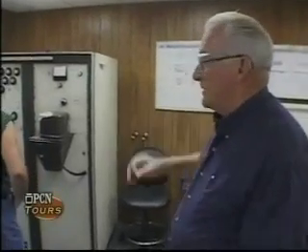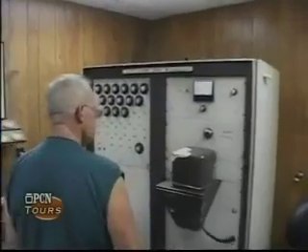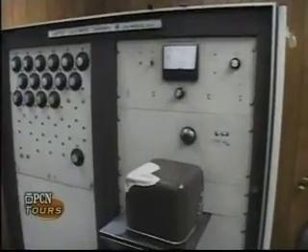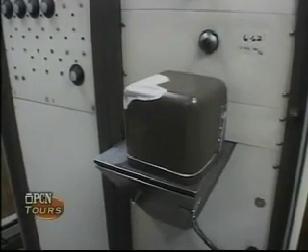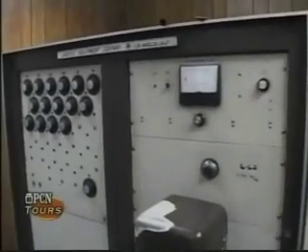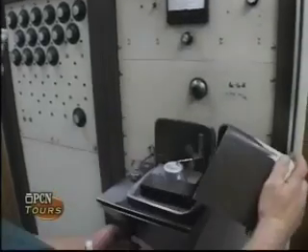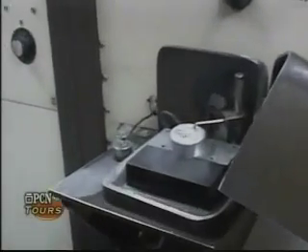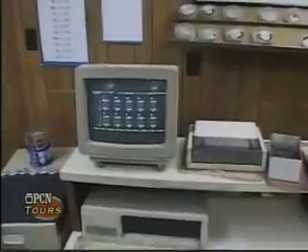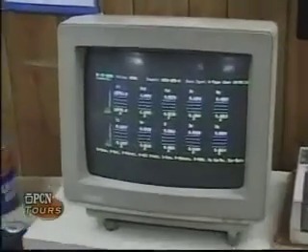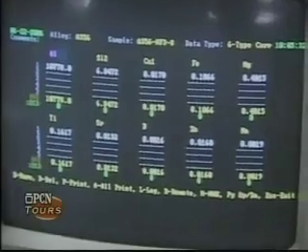What Bob is doing is taking a chemical analysis of a particular heat of metal. This happens with every heat of metal that we pour. This is a spectrograph where we put a solidified sample into the unit. Analysis is taken and a printout on the computer shows what the chemical elements are that we're looking for in that particular alloy. We have certified standards that we use on a daily basis to assure the accuracy of